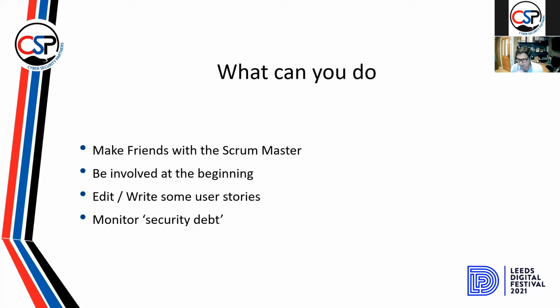Be involved at the beginning. It's a security ideal, this one. When the sprints are created, it outlines the activities and the features that they should be doing. By being involved, and this could be done in the daily stand-ups that the Scrum teams do, we're ensuring that either the user stories that they are creating the features to, we can either edit them or we can review them to ensure that the correct requirements are fed into